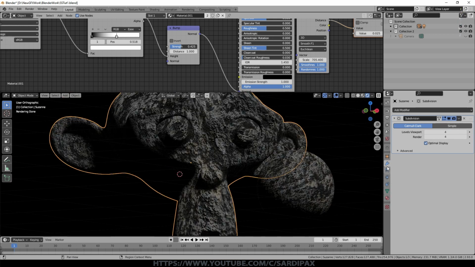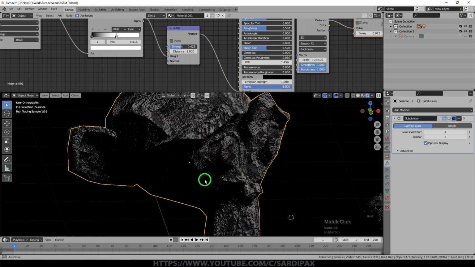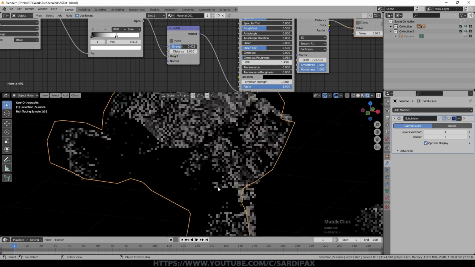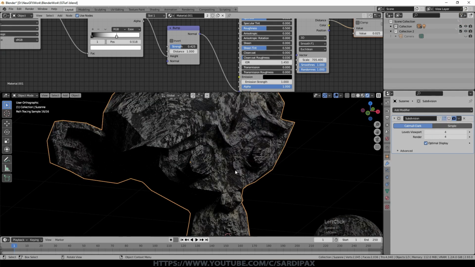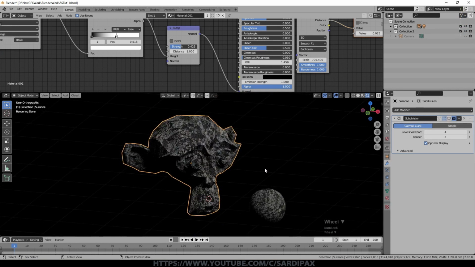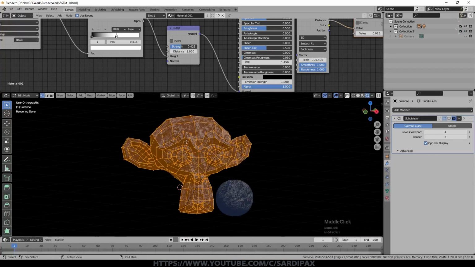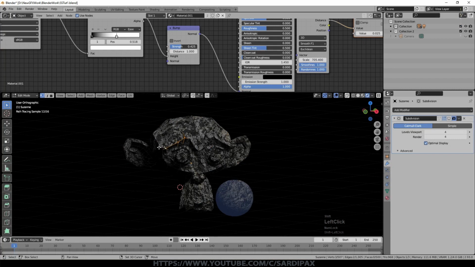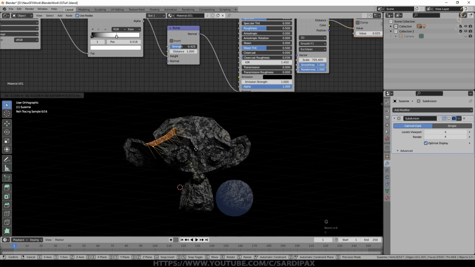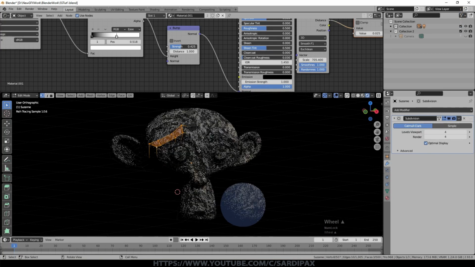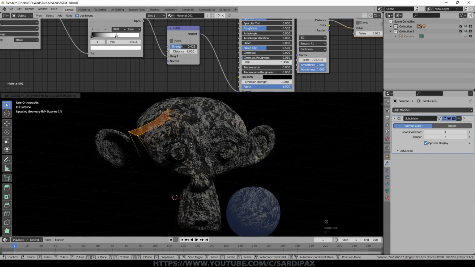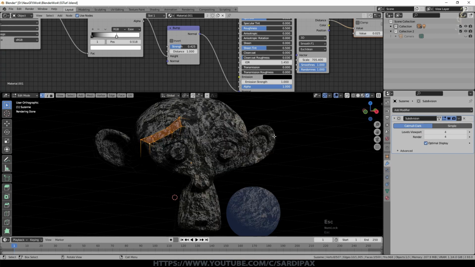And of course, one of the main things about modifiers is that they're non-destructive. My original monkey head with the low number of vertices, 2000, is still there, allowing me to build up my modifiers or to do all sorts of things to it. And of course, it's much easier to modify a lower poly shape because you've got a lot less vertices to move around than it is to modify a high poly shape, unless you created the high poly shape with the subdivision surface.